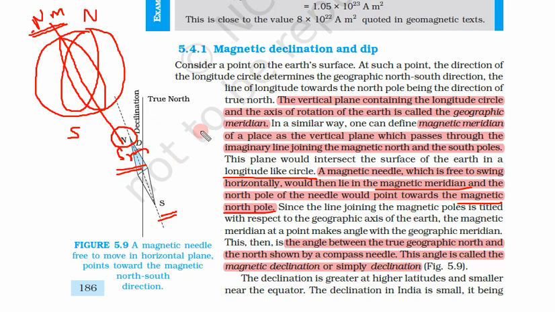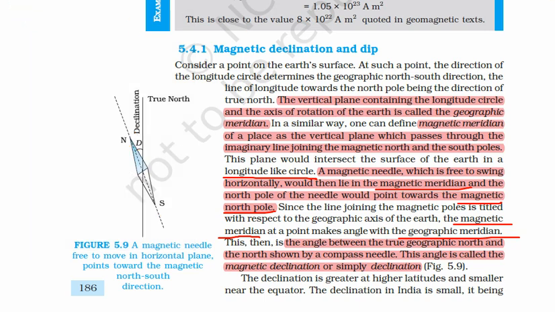Okay, so since we know there is some angle, this magnetic meridian and geographical meridian also make some angle. This then is the angle between true geographical north and the north shown by the compass needle. So this is the true north-south, this is the magnetic north-south, and when we translate it to real conditions, this is true north, this is the north shown by the magnetic needle, and this is true south, and this is the south shown by the magnetic needle, and there is some angle between them.